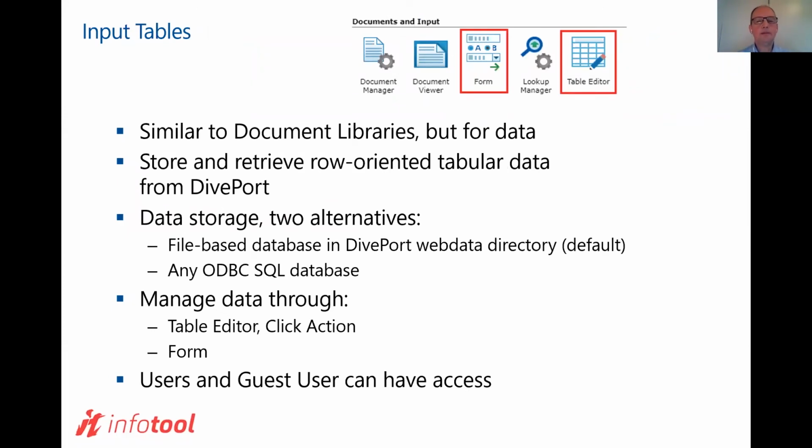Okay, let's talk about input tables. The input tables are similar to the document libraries, but used for data. So they are used to store and retrieve row-oriented tabular data from DivePort. And when it comes to storage, you have two alternatives. You can either use the default file-based database in the DivePort web data directory, or you can use any ODBC